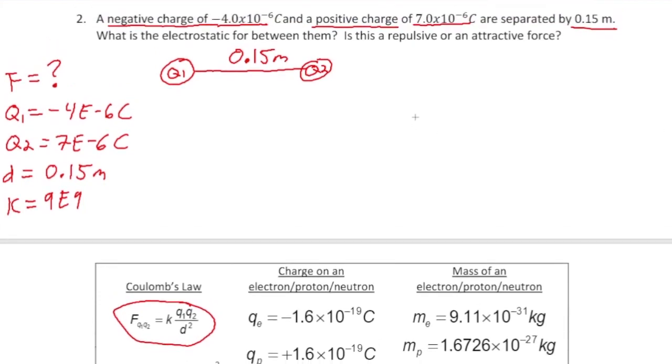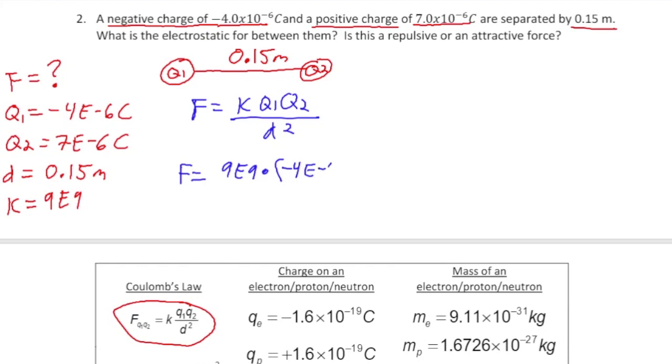Now that I have all my information, I can go ahead and solve. If I write my equation, I have force equals K, Q1, Q2, all over d squared. So if I plug my values in, I still have force because that's unknown. K is 9e9 times Q1, -4e-6, Q2, 7e-6, over d squared, 0.15 squared. All you have to do is plug this in your calculator and you end up with a force